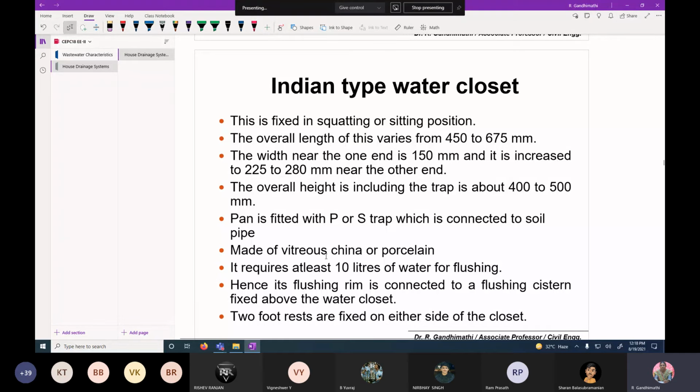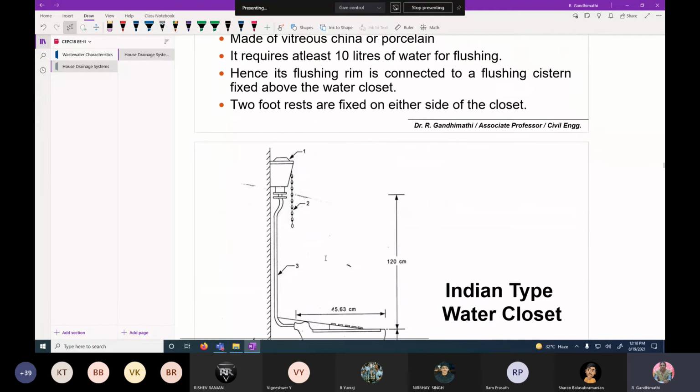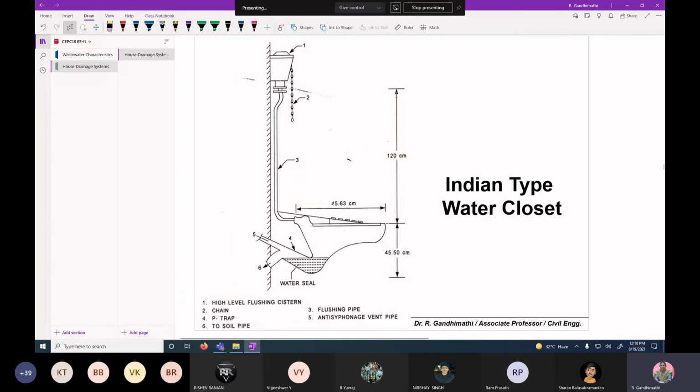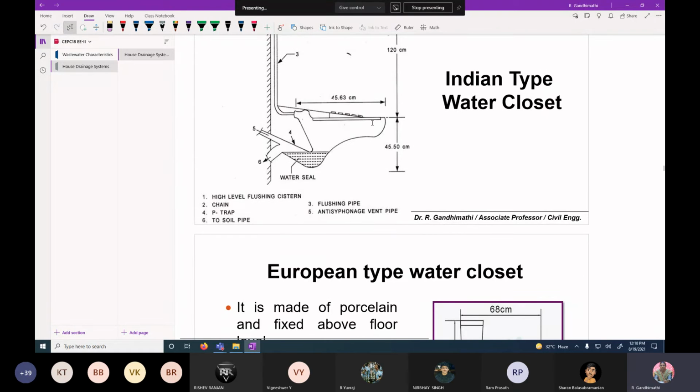Then you have these arrangements, as you all know, and you can go through the different parts of the water closet. They have given the specifications, such as the length of the water closet and the water seal arrangements.